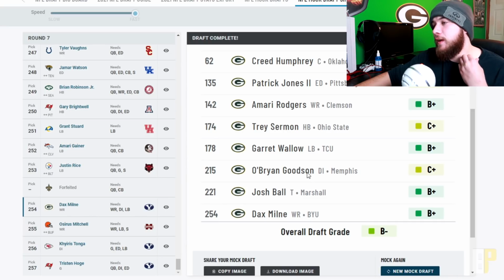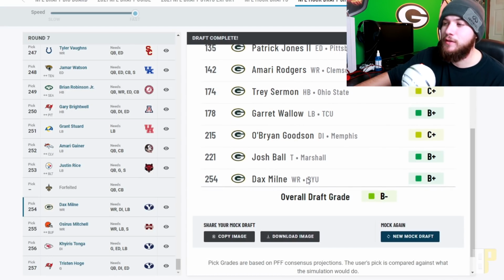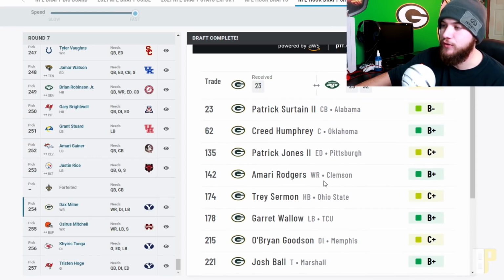And then the last 3 picks, we drafted defensive lineman O'Bryan Goodson out of Memphis, Josh Ball, tackle out of Marshall, and then Dax Milne, who seemingly was one of the better receivers on BYU, with Zach Wilson, which I like the value there. I like the Packers potentially getting 2 receivers in this draft. I see them cutting Devin Funchess, and I see them